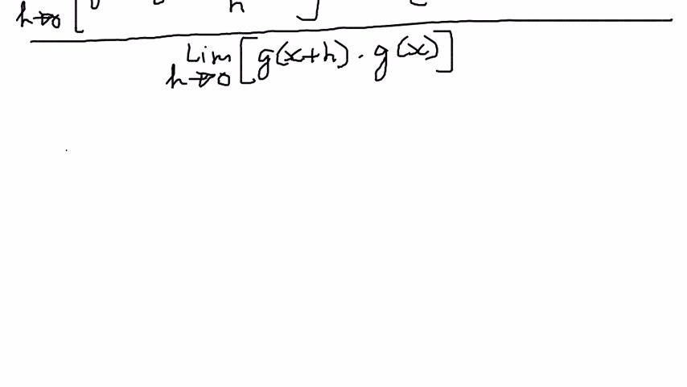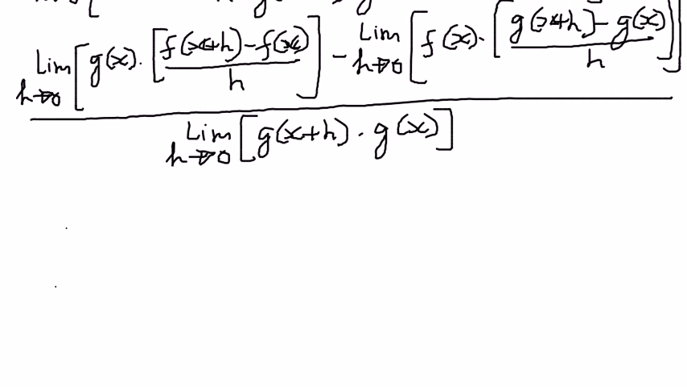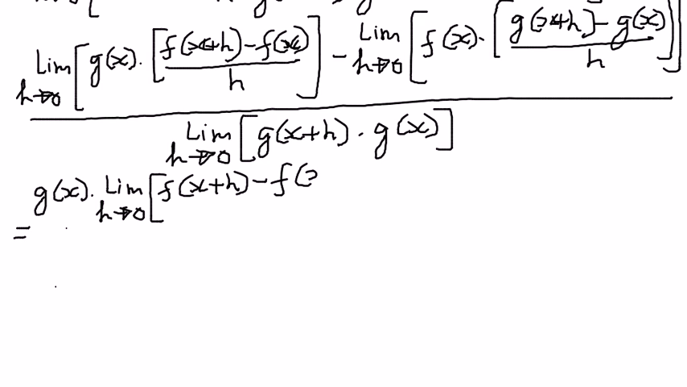So now, as a next step, we're going to write this one out as follows. We can write this as g of x, limit as h approaches 0. This one we can write as f of x plus h minus f of x, this whole thing divided by h,